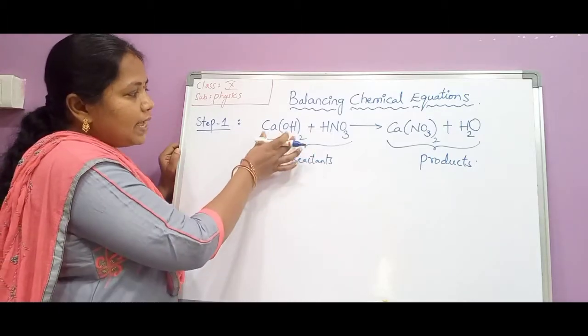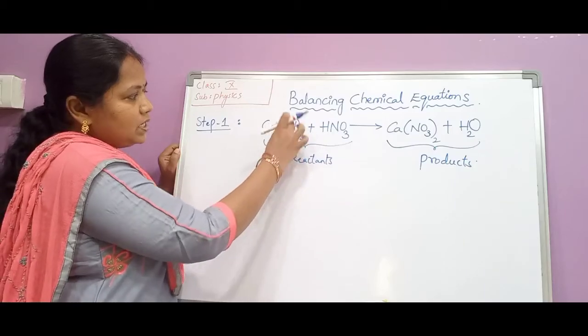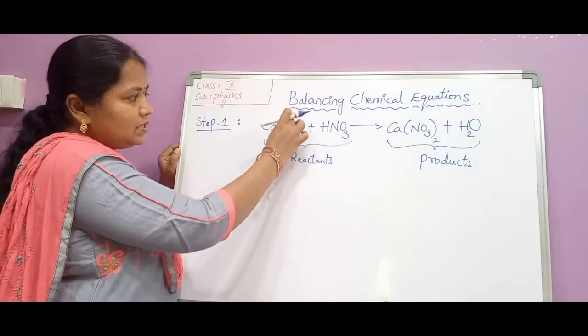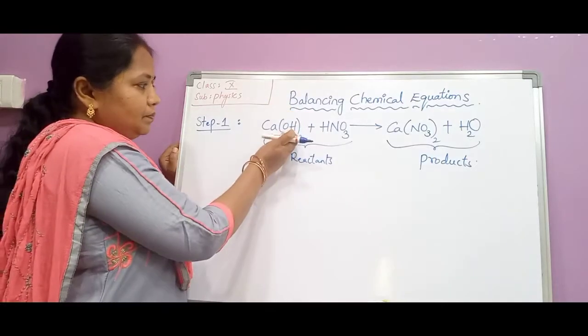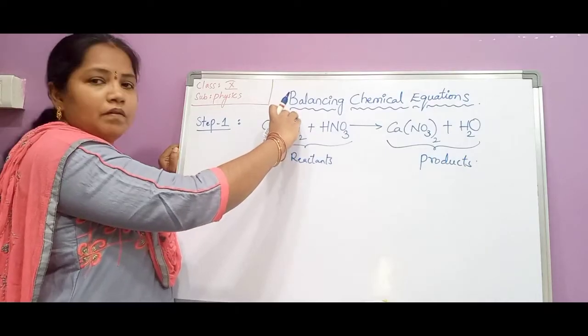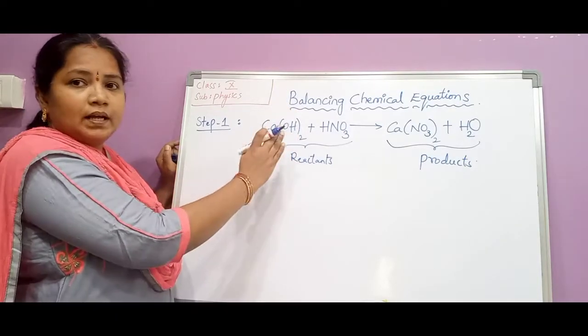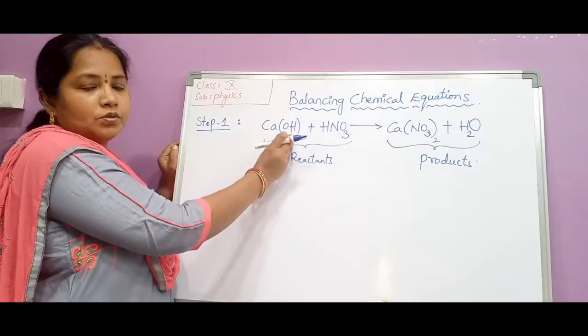Polyatomic ions, suppose calcium hydroxide. If you see the calcium hydroxide formula, Ca(OH)2, CaOH taken twice. Here OH is inside the bracket. This total is considered as a polyatomic ion and it should be taken as only one item. The portion which is present inside the bracket should be taken as one part, and we should not break the two elements present inside the bracket. This total we have to consider as one part only.